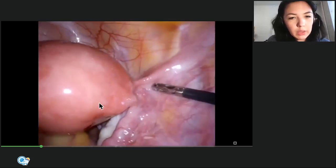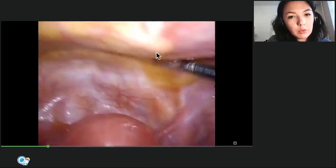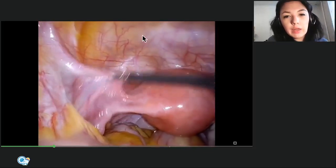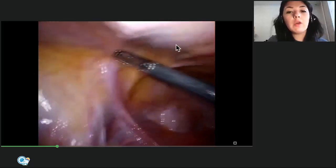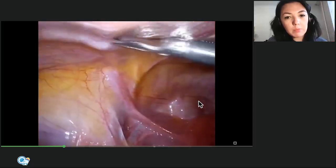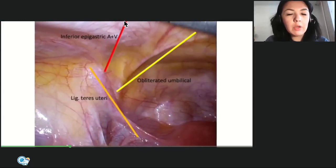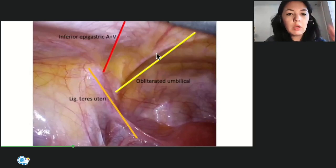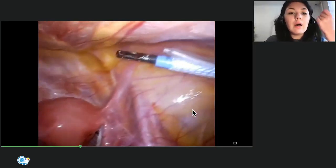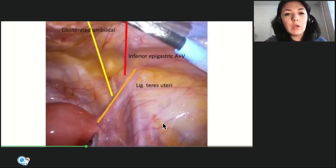So this is the ovary, and you see this round structure. This is the round ligament of the uterus that goes to the deep inguinal ring and then enters the inguinal canal. Here, finally, you can see in front of the uterus the vesicouterine pouch. So this is the inferior epigastric artery, lateral umbilical fold, medial umbilical fold, obliterated umbilical artery, and round ligament of the uterus. You see how useful it is for surgeons to know anatomy and topographic anatomy,